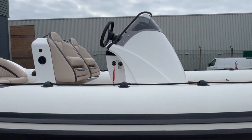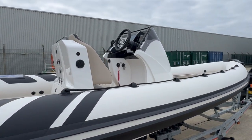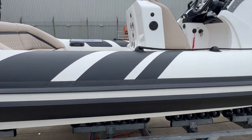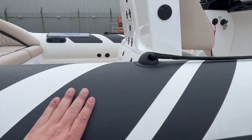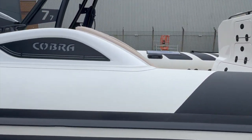So you've got the helm console here. This is the newer style helm console as well, which is really easy. It just works really well. Got the detailing on the tube here with the black carbon fibre stripes going down it, very typical Cobra look. You've got the nicely